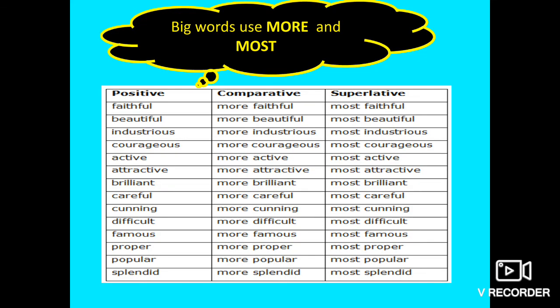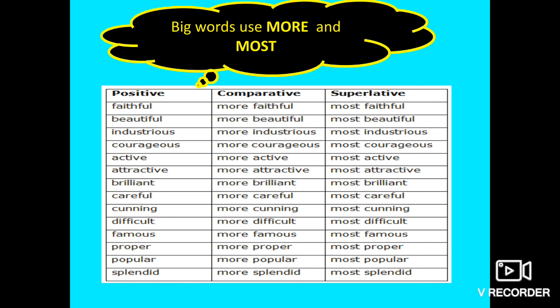Then big words use more and most. See children, in some of the cases you must have noticed that you cannot add er or est. So in those cases you will have to just write more in comparative degree and most in superlative degree. For example, faithful. Faithful is the word you cannot write faithfuler or faithfulest. You'll have to simply write more faithful